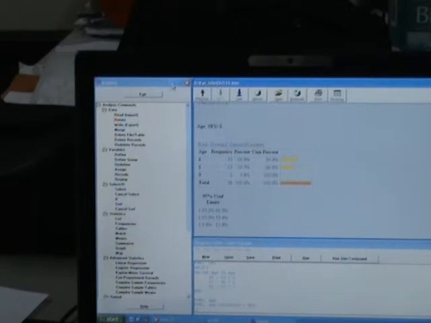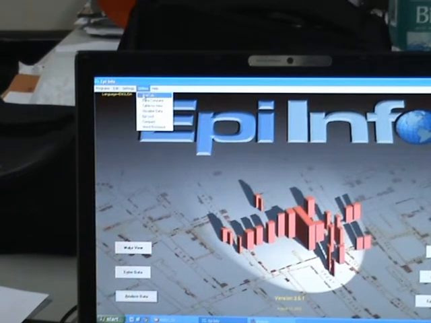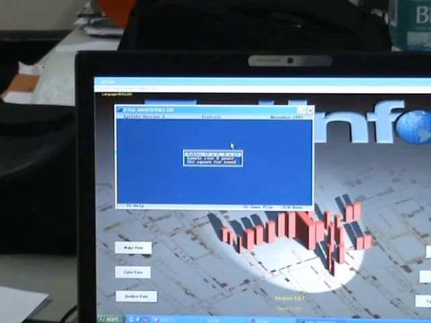One most important thing I would like to share is, many times we struggle to calculate the 2 by 2 table, but EpiInfo is giving you a very good solution for that purpose. For that, on the upper left hand corner, you have to go to utility and click on the StatCalc. Once you click on the StatCalc, it will give you the options for calculating a 2 by 2 table, as well as other options like calculating sample size and other things.